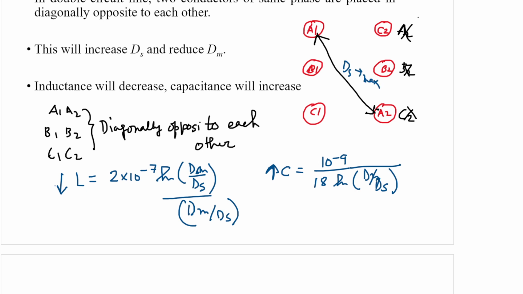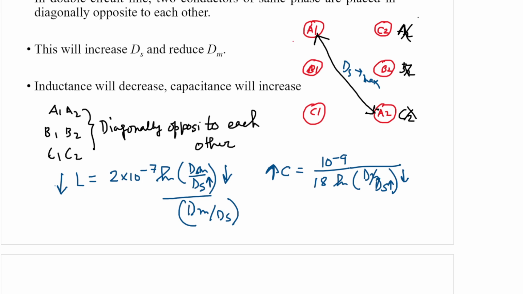So in this way, if we can achieve maximum ds, what does that mean? This ratio will go on reducing. And if ds is maximum, then this ratio will be reducing. Since this ratio is reducing, the inductance value will go down and the capacitance value will go down, because this dm by ds term comes in the denominator of the expression. So again I am repeating, if we can